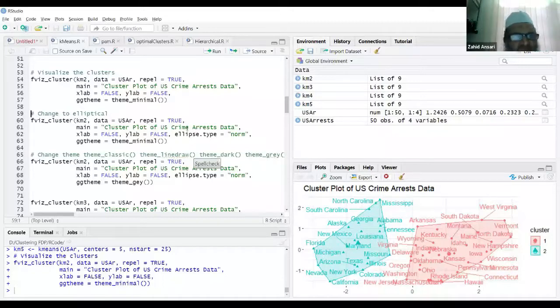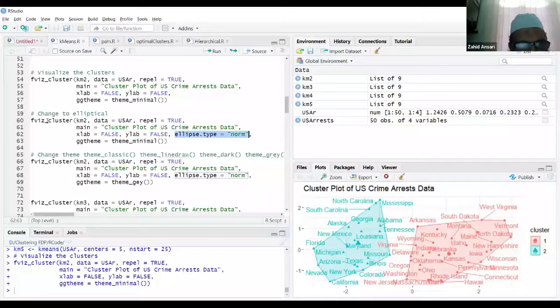Now let's say I want to make the shape elliptical. So I'm setting one more parameter, ellipse type equal to norm, over here. From the previous call of fviz_cluster, I have just changed this parameter, because I want it in elliptical form.